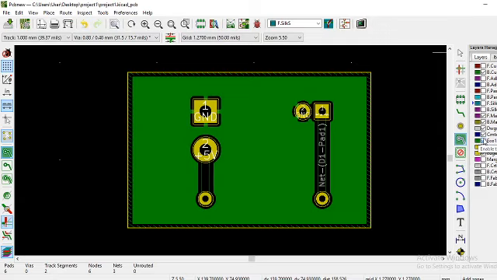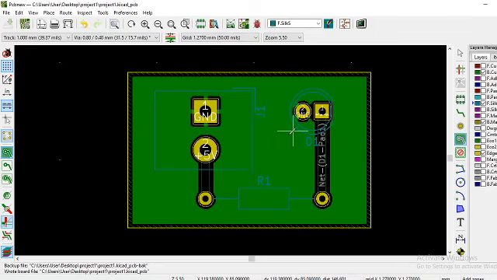Then we need bottom mask. We don't need front mask. So select bottom copper, front silk, bottom mask and edge cuts. Okay, so now the layers are selected. Then save.